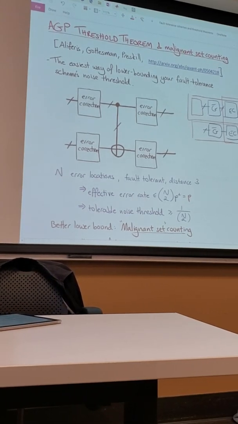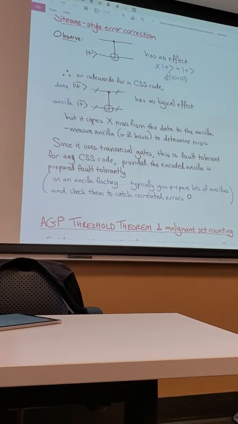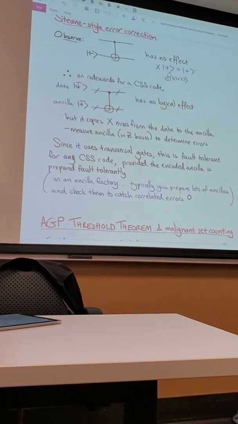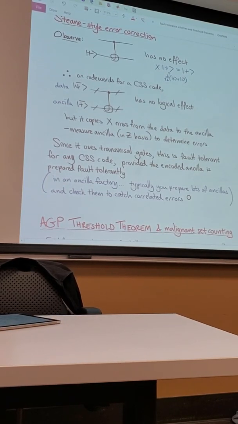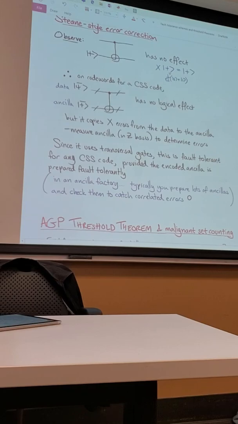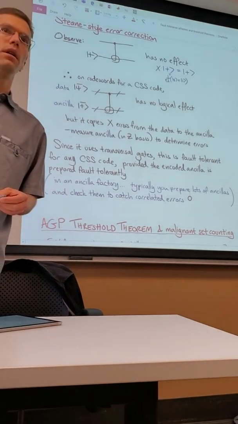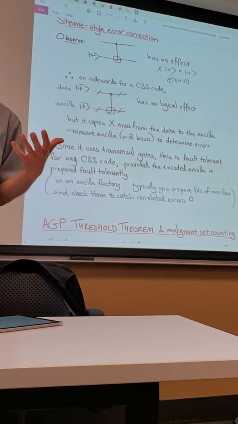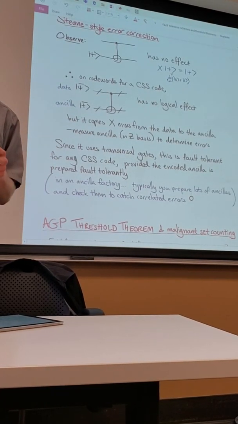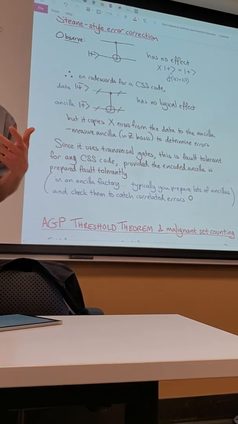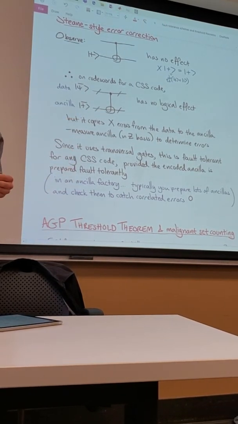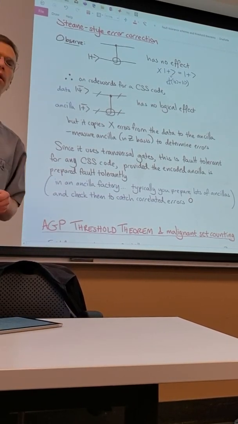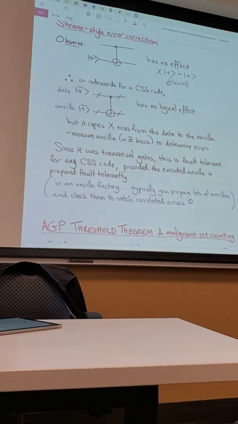Just in that last thing, you had a note about the ancilla preparation. I mean, it's a very common thing, but the ancilla copies the errors back to the data. Yeah. And you just prepare really good ancillas to prevent that. Yeah. So that's the same issue we had with the cat state. You can't just prepare the ancilla; you have to prepare it fault tolerantly. Right. So it just depends on what exactly what code you're trying to do. Yeah. You need to apply some verification method to the ancilla to catch the errors. And yeah, you'd like it to be